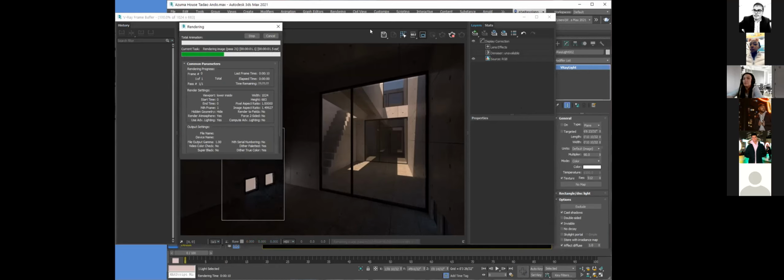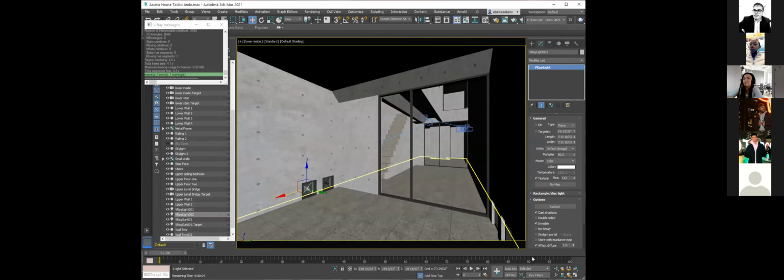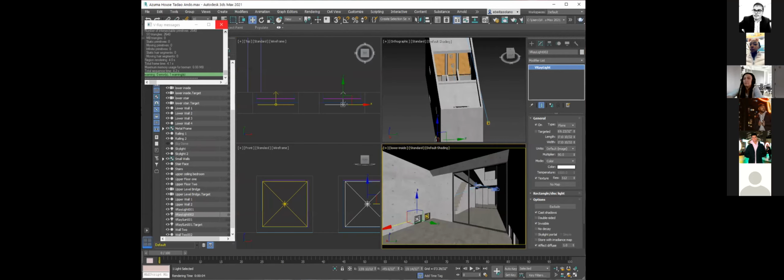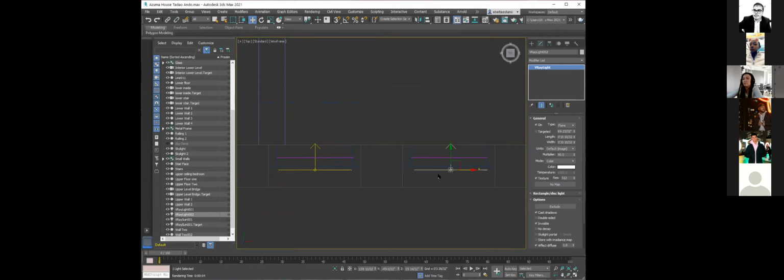So right now it's rendering with no light. I mean, there was a nice effect and everything, but having those lights there does make a big difference in the space. So at this point, now that I know these lights look pretty good, I can take those lights and copy them to the other side. So I'm going to take these two lights,